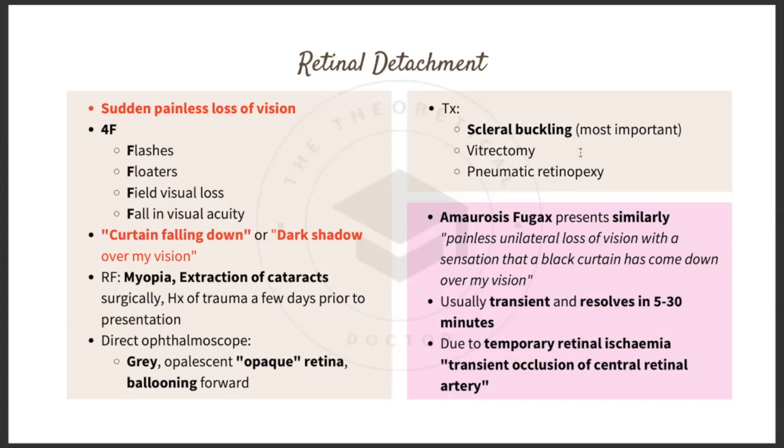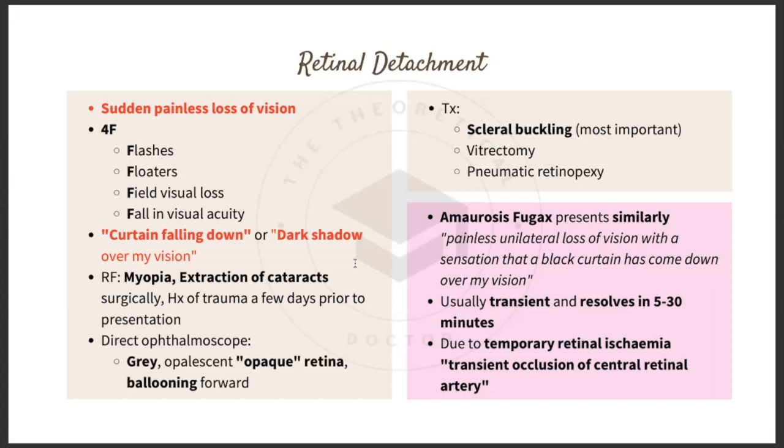So a little bit about Amaurosis fugax. Amaurosis fugax presents similarly. It's also painless, unilateral loss of vision, with the sensation that a black curtain has come down over the person's vision. So as I mentioned before about how the presentation of a curtain falling down is like. Now, if in the exam they say curtain falling down, dark shadow over my vision, you think of retinal detachment